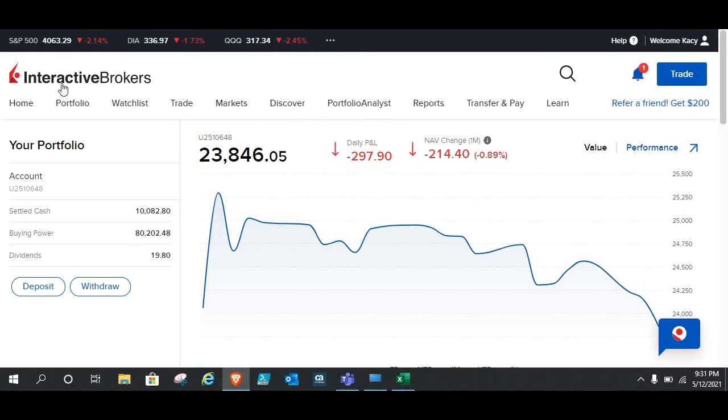Right now I've just logged into the brokerage platform and you can see the home page. Up top you have home, portfolio, watch list, trade, markets, discover, analyst reports, transfer and pay, and learn. Keep in mind Interactive Brokers has basically three ways you can log into the platform. You have the web portal, which I'm logged into now. You have the Android platform or your iPhone, iOS, or you have the desktop platform. I primarily use the Android platform, but I also use the web platform if I want to log on really quickly and make a trade,